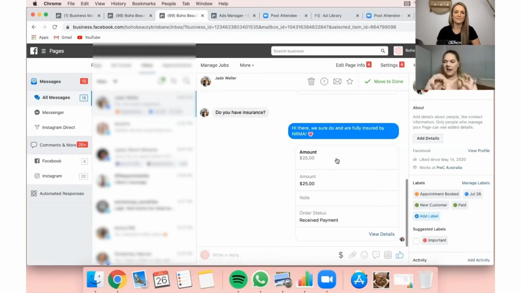It's kind of like, I think, Facebook pays you the money, the same as Facebook takes money out of your business account. Gotcha. So for me, with my initial discovery consultations, people can book in through my booking system on Facebook, but then I can also send them a request to pay for that initial consult instead of sending them off to a website or sending them an invoice or something like that. And it connects to like Stripe or something like that, or no, I think it's Facebook's own payment gateway.